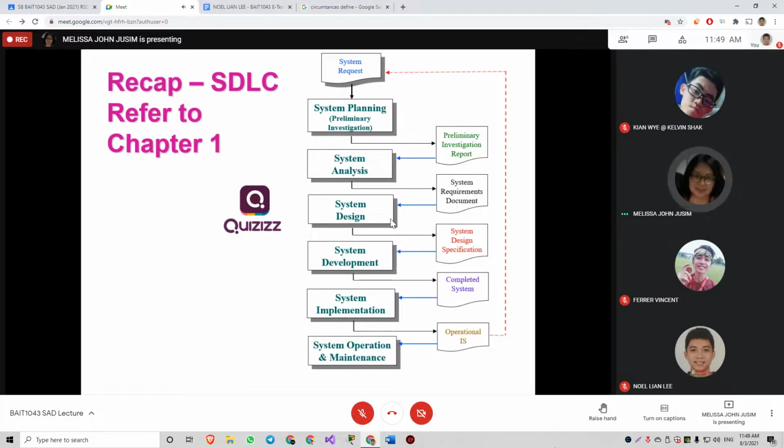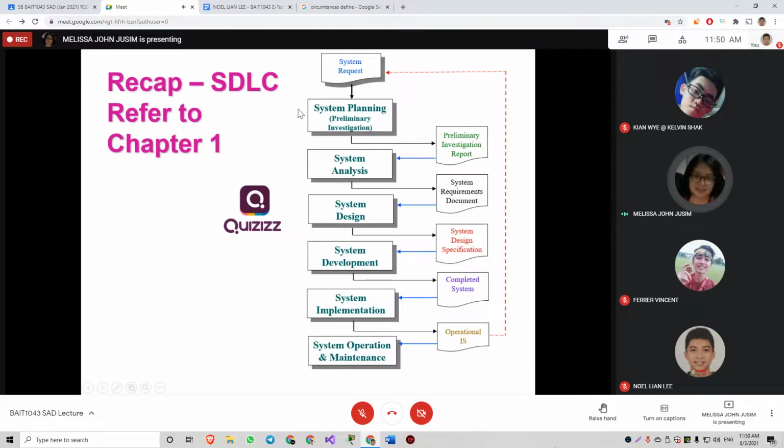And I think I saw Noel and Kelvin attended the software development talk by Mr. Bob Jalius. He mentioned a little bit about software development. We have waterfall and also agile. And as you can see, SDLC is a waterfall model. So to show that SDLC is a waterfall model, I redraw the lines. Okay, in fact, in other books, the lines should be like this, right?